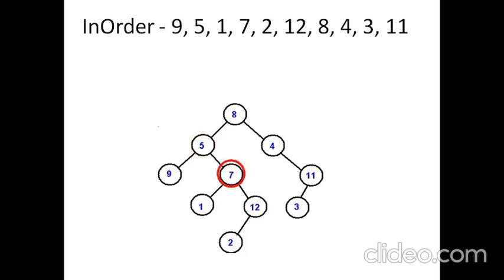So you go to the right child now, and again you don't print it, you go to the left, and it is again a leaf. So print it, and then print 7, and then go to the right, and go to the left, print 2, and come back to 12 and print it. And since it does not have a right child, you just have to go back to the root, and you have to